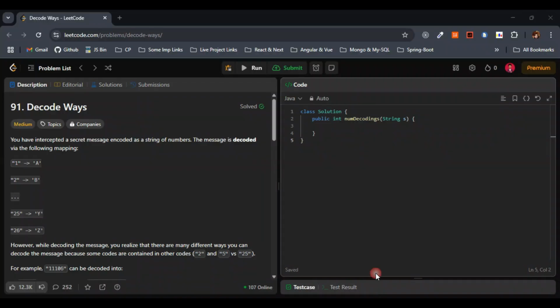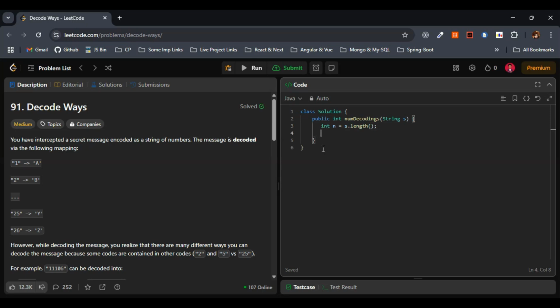Let's start writing the code. So first thing, what we'll do here, we'll get the length of the input string. We'll be making use of the length of the string many times, so I'll just assign this to the variable n here. We'll go with n equals, we have the parameter s for the string, so s dot length. This is Java, right? So the next step is, if string is empty or if string starts with 0, then